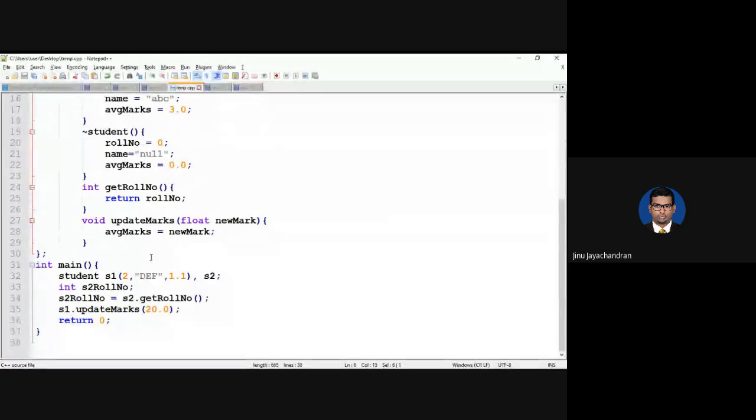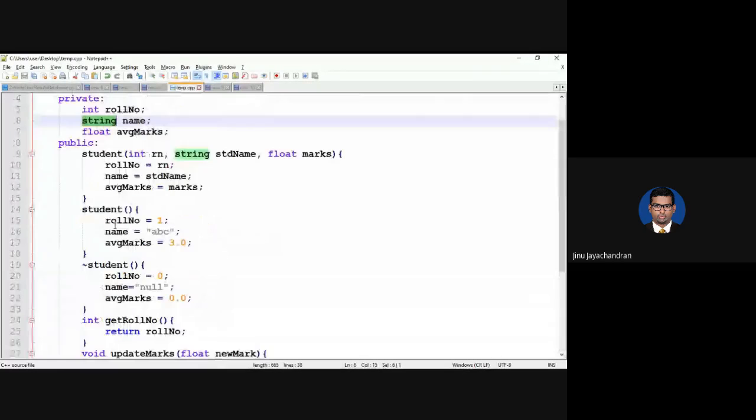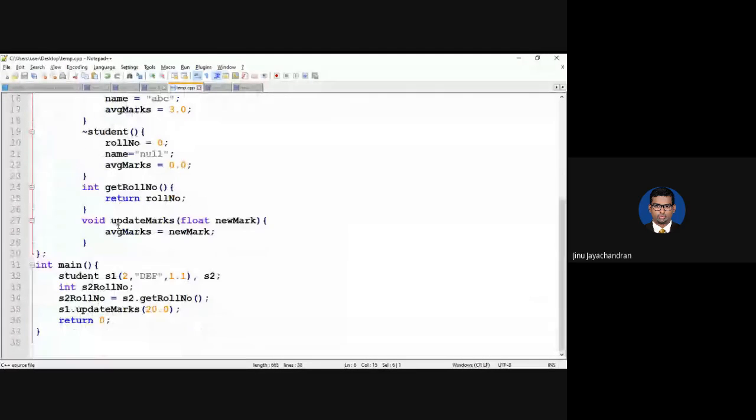Then I don't think we'll have enough time to start the next topic. It is called inheritance, and it's a very easy topic. There's nothing too much. If you understand the concept of classes, constructors, and destructors, you can easily understand the topic of inheritance. So we will start inheritance maybe tomorrow, and we'll look at some questions also.